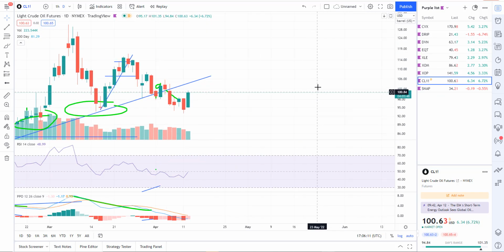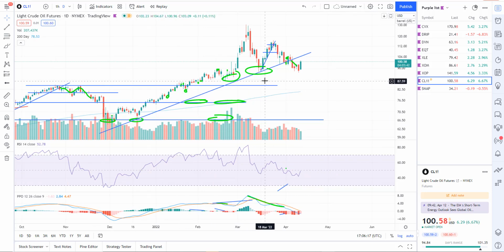Oil is having a really strong day today, up almost 7%. That's a pretty good sized day in oil. This is the oil futures. So we'll see where we go on this. Again, I'm not really bearish on oil. I don't see anything that I really want to short. We've had this uptrend here. We did break it, but without any real divergences showing up. So ultimately, I think oil is going to continue to power on.